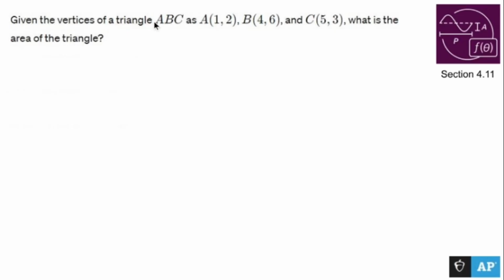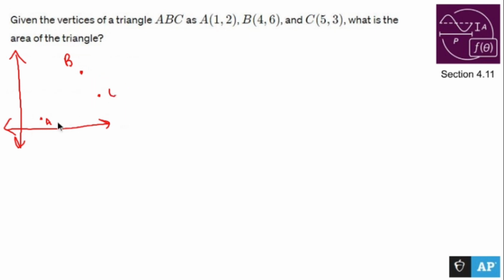Given the vertices of a triangle ABC, where A is (1, 2), B is (4, 6), C is (5, 3), what is the area of the triangle? So we're living in quadrant 1. (1, 2) is like here. We'll call you A, and B is (4, 6), so we'll call you B, and then C is (5, 3),